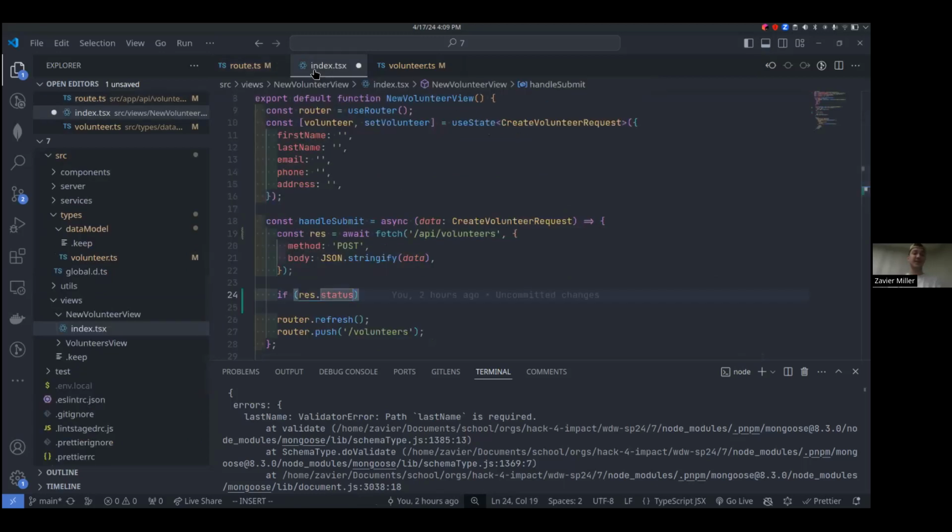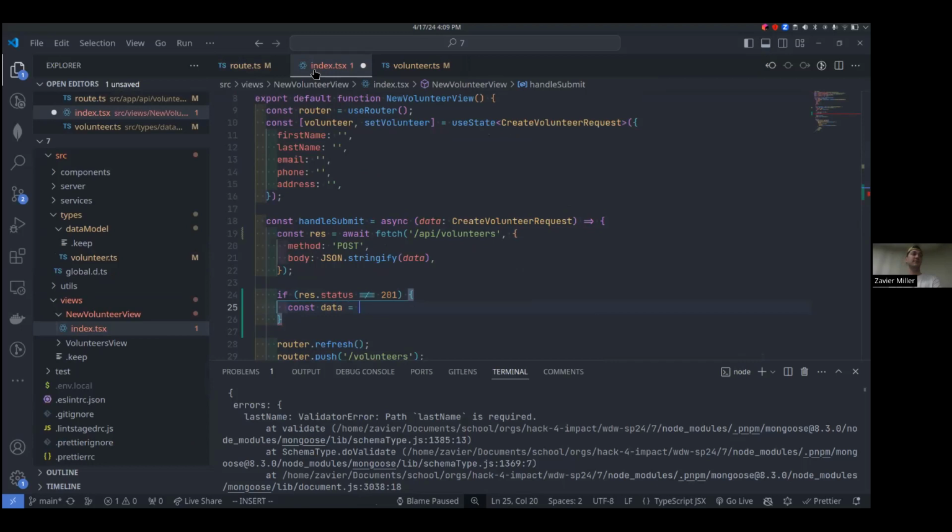So we're gonna say in here, if my status is not equal to 201, something probably went wrong and we want to display a message to the user. All right. So what we can do is first we'll define a new variable called data. This is going to be the response data, right? And we'll say that is equal to await